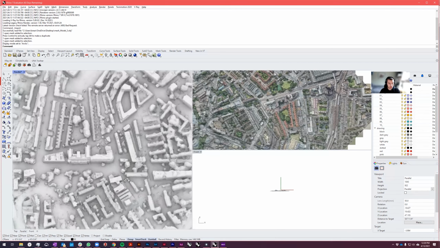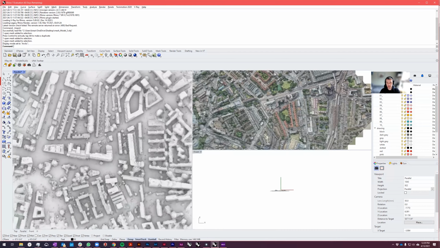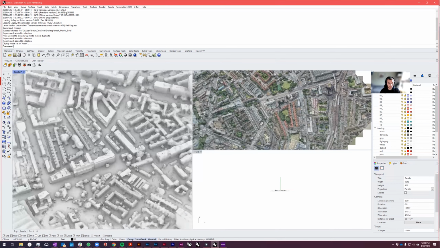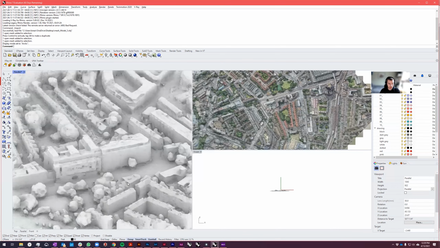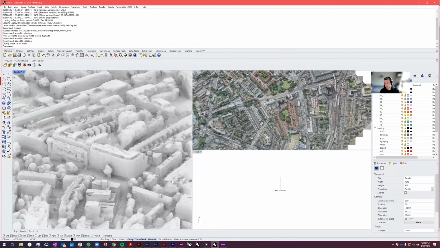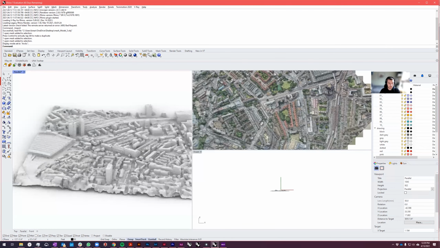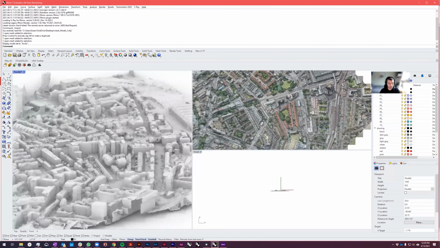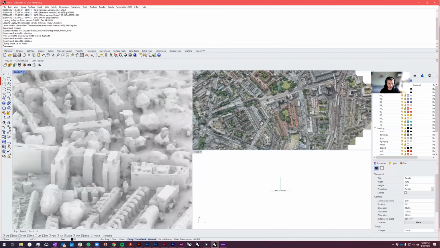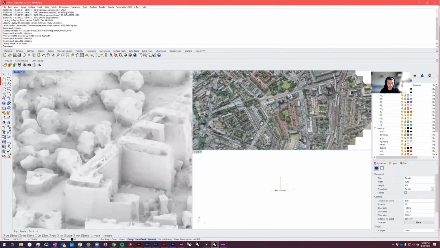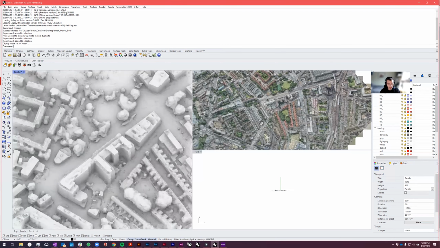So yeah, I hope this helps, and I hope you can make use of this. I think this is pretty amazing. I mean, these models are just totally crazy looking. So it's something that I really enjoy, just looking around and exploring and making. So definitely try this out on closer up subjects